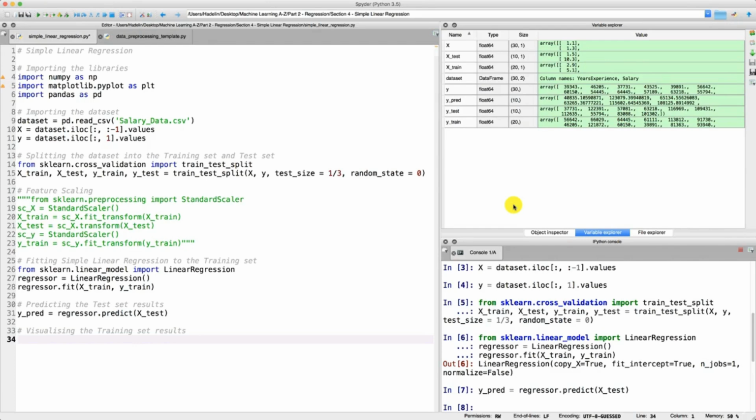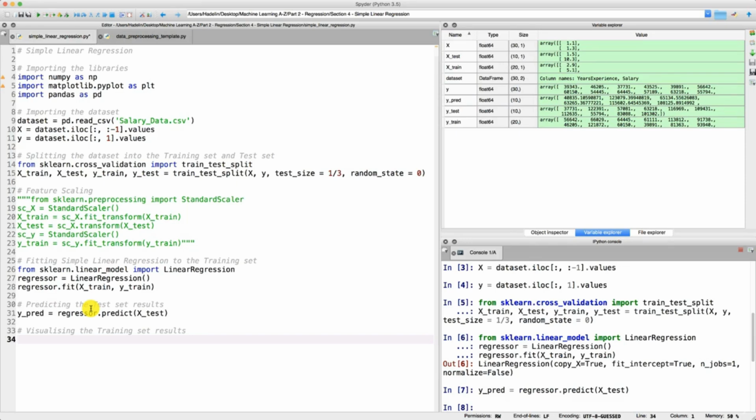Hello and welcome to this Python tutorial. In the previous tutorials we did the first steps of making our simple linear regression model, and those included the data preprocessing step, then fitting simple linear regression to the training set, which is where our model learned the correlations to make the future predictions, and then speaking of predictions as the third step, we predicted the test set results, and now we are finally getting to the fun part, which is to visualize the training set and the test